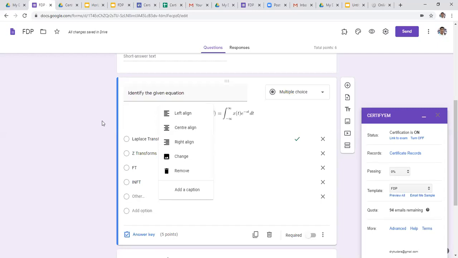Interested people will submit their responses from various engineering colleges. Based on our limit, we can limit the participants based on the number of responses received. So that is one process.